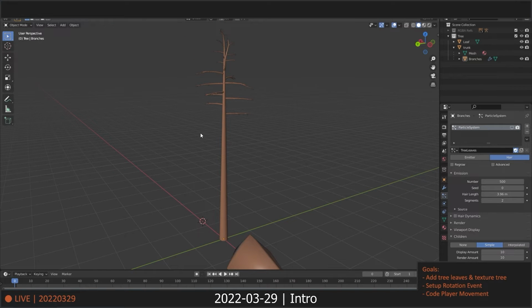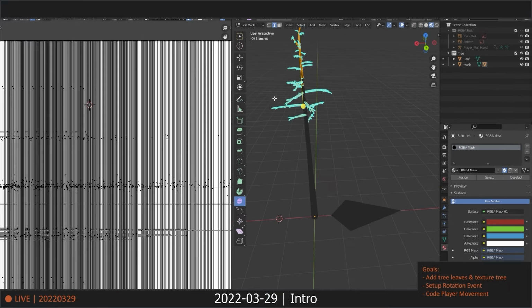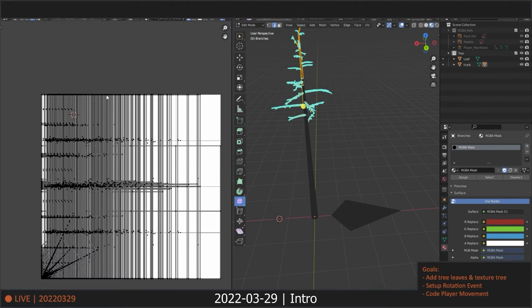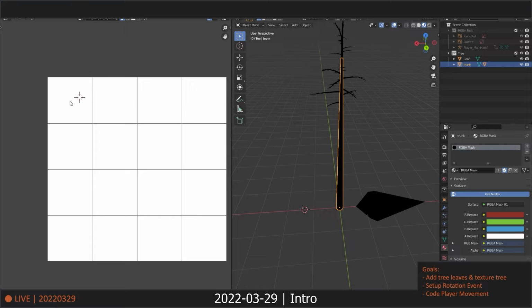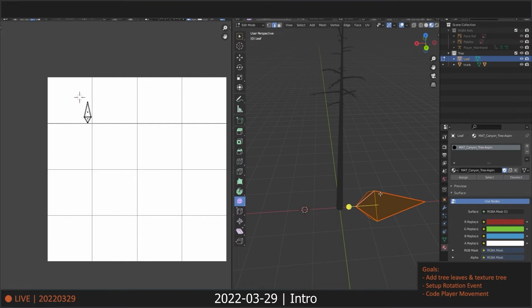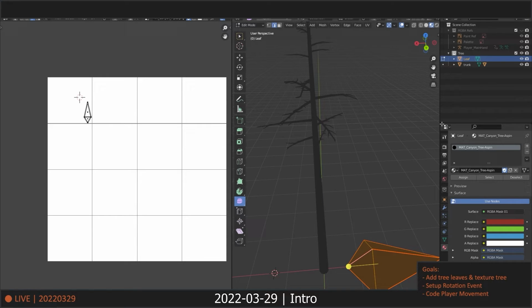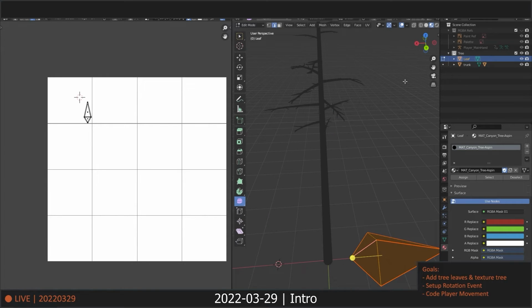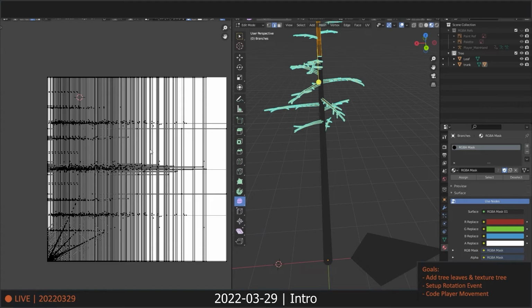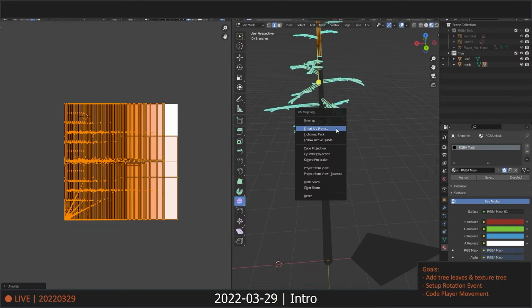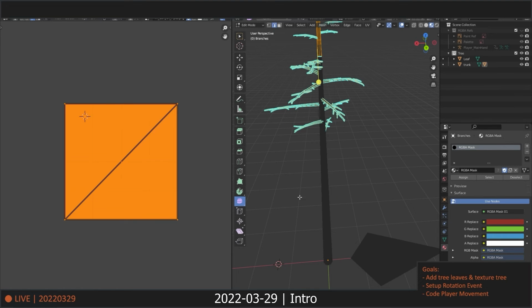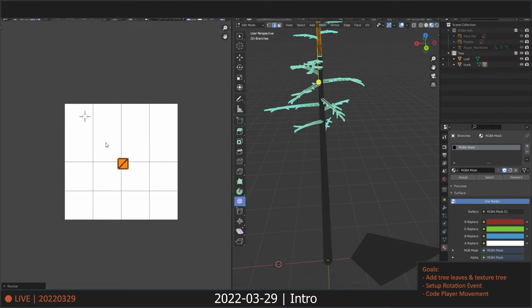Basically, just trying to get this to look good with the leaves, like adding leaves to it, and then also getting this in a texture atlas as well. So right now I've got the trunk in the texture atlas and these in the texture atlas. For the branches, I'm thinking I will just scale them down to be exactly one. Like unwrap here, but then just reset so they're all square, and then now I can make them all the